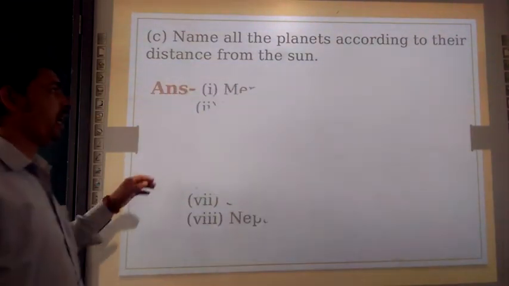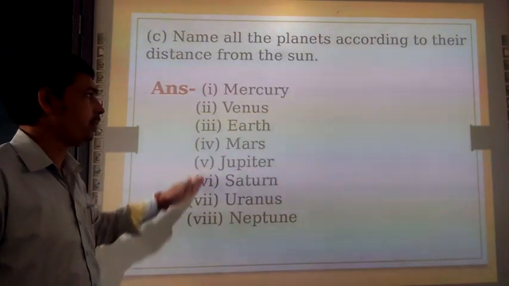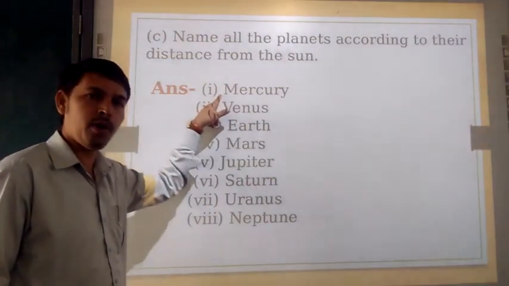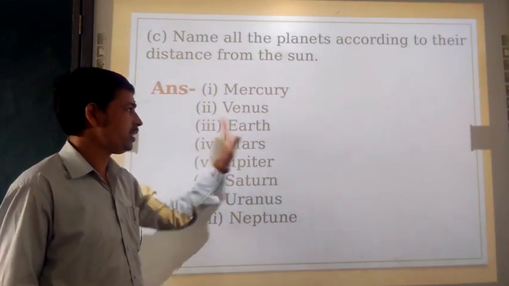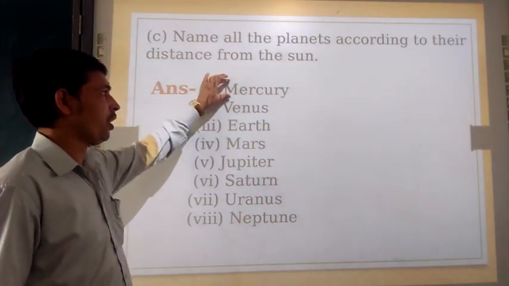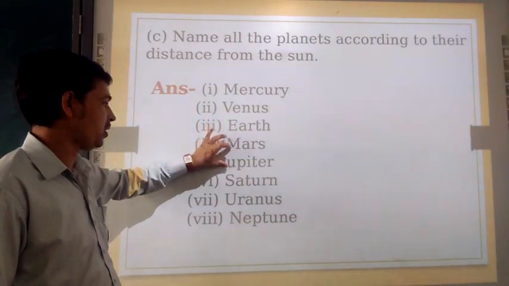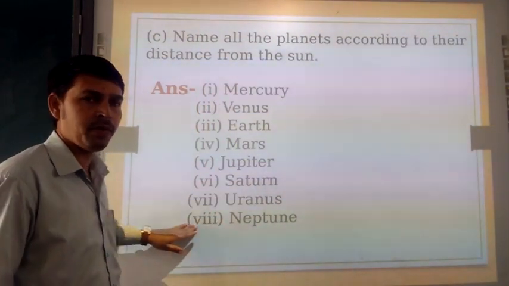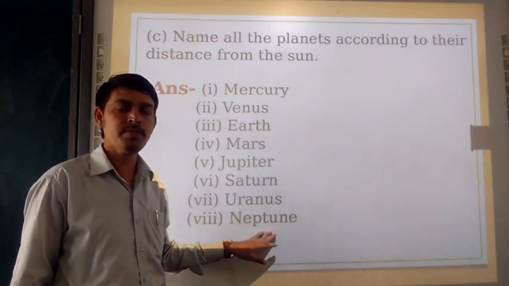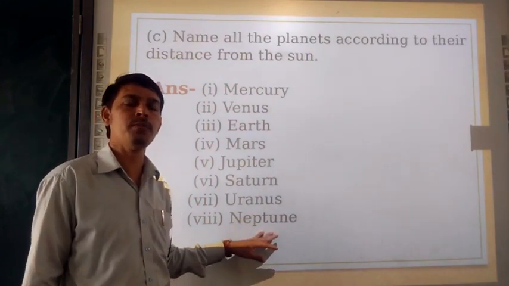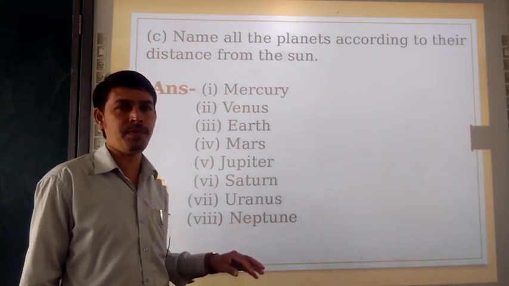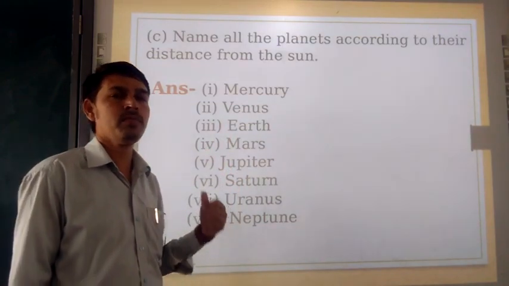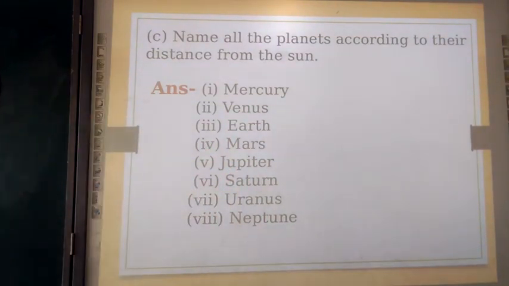Here we have the names of all 8 planets. My very efficient mother just served us nuts. This is the short form which I told you, and we already studied it in the presentation. So you have to write Mercury, Venus, Earth, Mars, Jupiter, Saturn, Uranus and Neptune. Like that we have to write the names of all 8 planets. In the upcoming slide presentation I am going to tell you a very interesting fact related to these planets, so please wait for it.